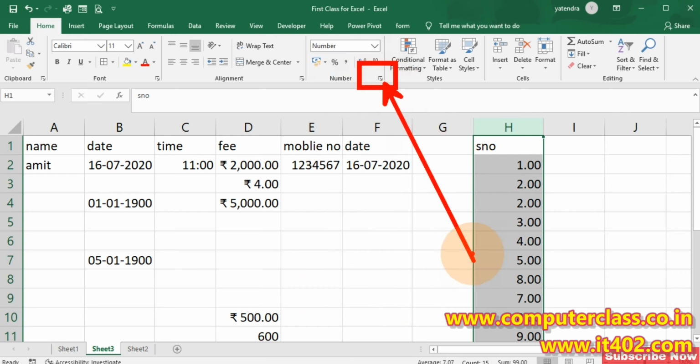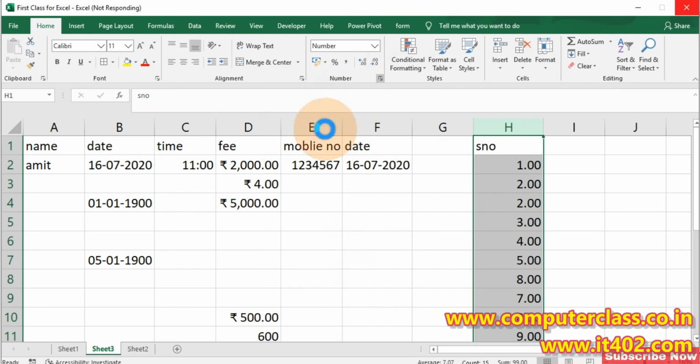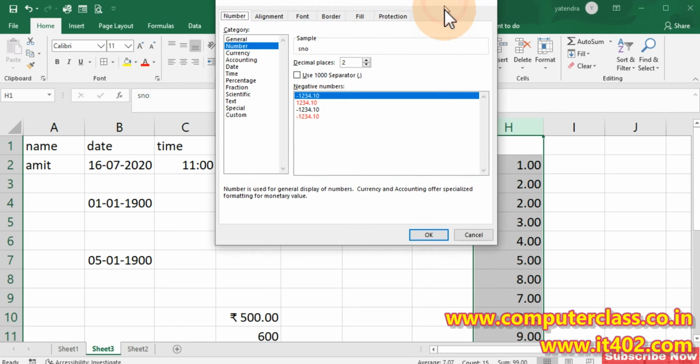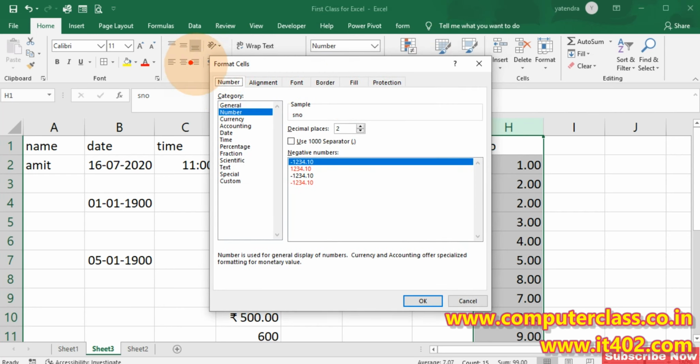Just double click here, and the window will open. The first group here is Number, and inside it you can make formatting with number, currency, accountancy, date, time, and all.